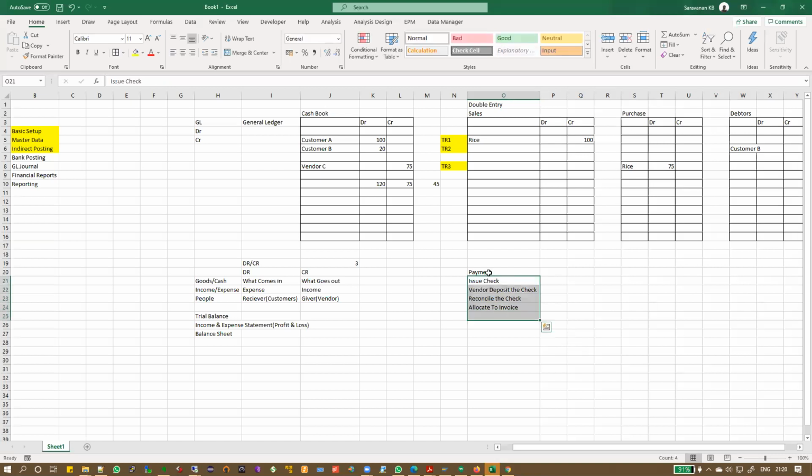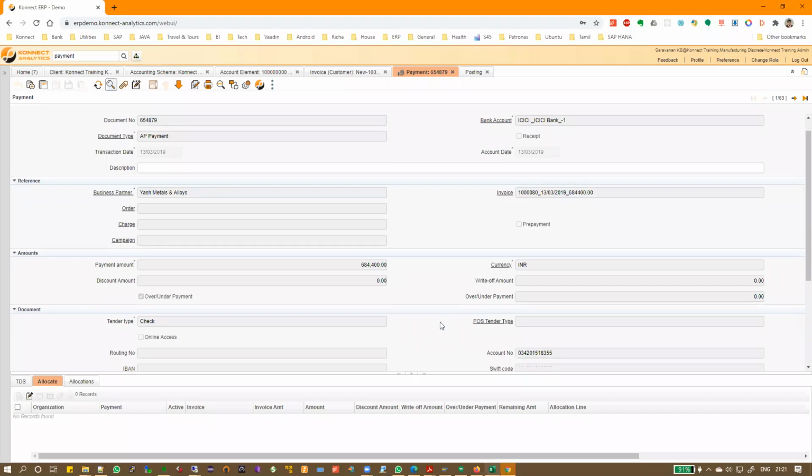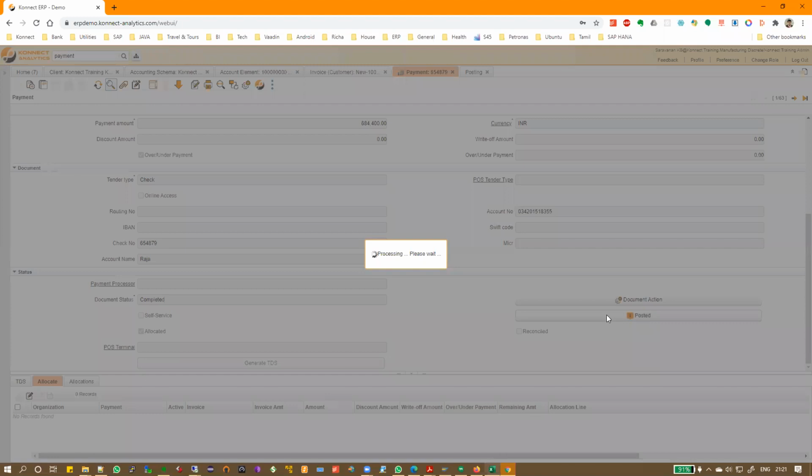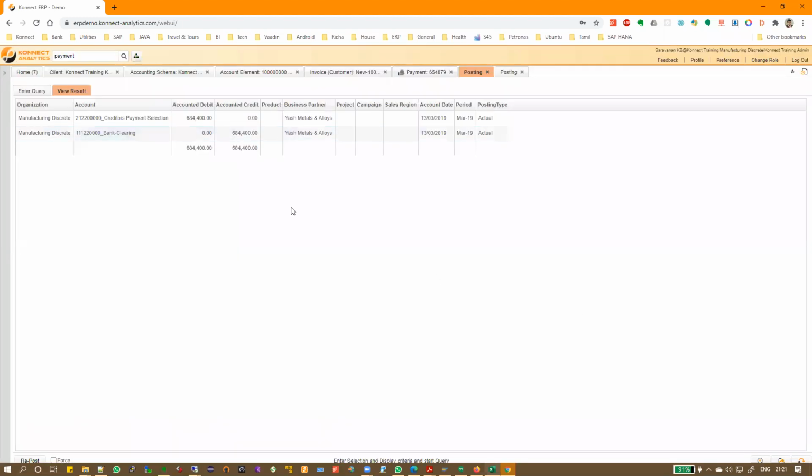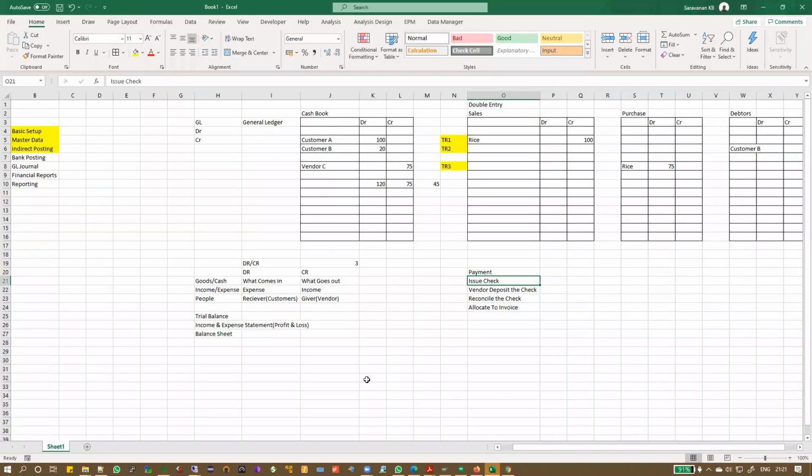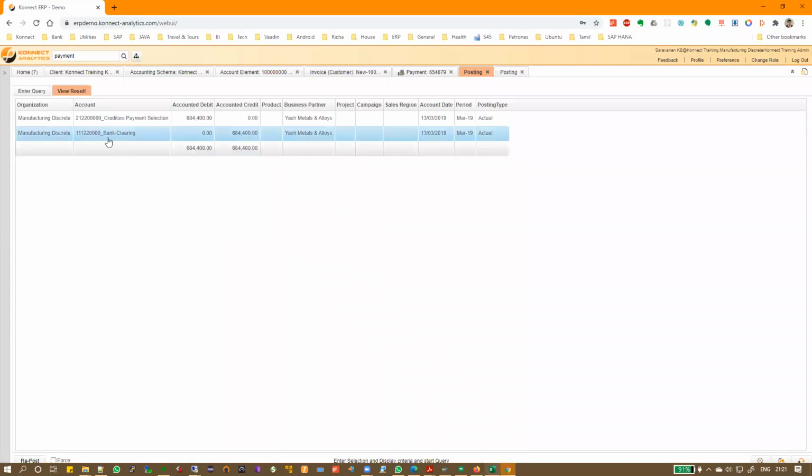So let's look at this. When you make a payment, only the check is issued. So when the check is issued, there's something called a clearing account. That means it is something like you're giving money from the bank, right? So when money goes out, you have to credit. So the clearing account, I am crediting, and I'm debiting the vendor.